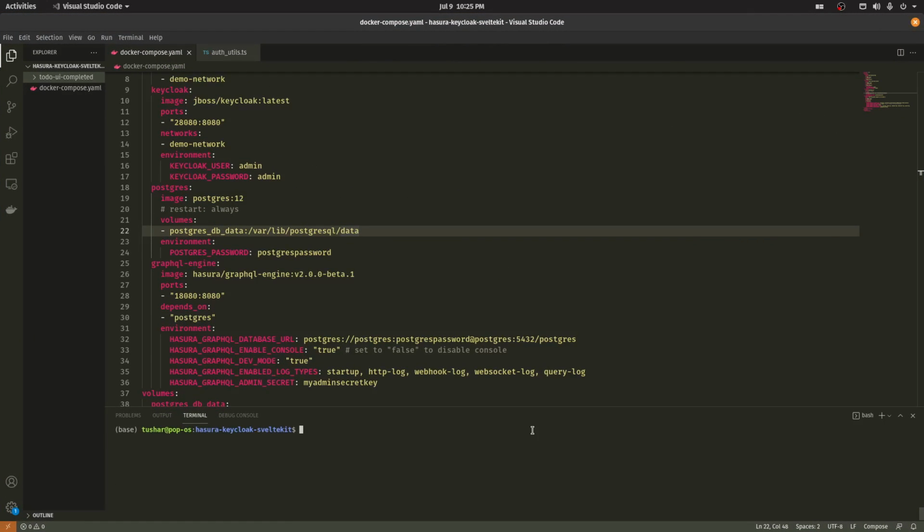Hello viewers, in this video we will be developing a ToDo application which will be using the Hasura GraphQL engine for all the GraphQL queries and the REST endpoints. It will be using Keycloak for all the authentication, and we will be developing the front end and the server side code in SvelteKit. So using the three technologies, the Hasura GraphQL Engine, Keycloak authorization server, and SvelteKit, we are going to develop